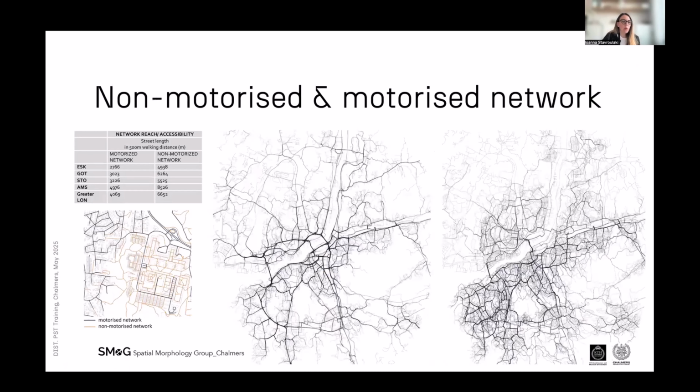We place a lot of emphasis on the non-motorized network, that is the network accessible to pedestrians, and the general network of the city, that excludes, for example, high-speed tunnels or flyovers or motorways and so on. But we can also use the same methodology to analyze the motorized network and model in a way the potential for traffic flows. Whereas in the non-motorized network, we model the centrality in relation to pedestrian flows.